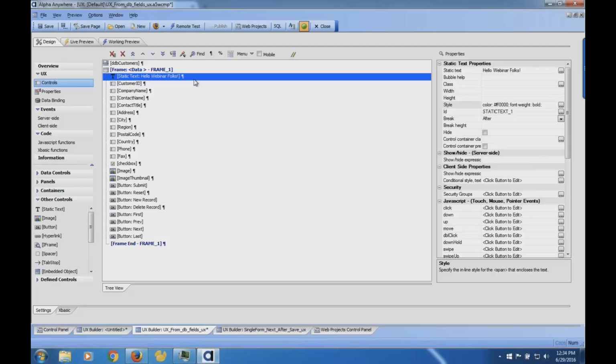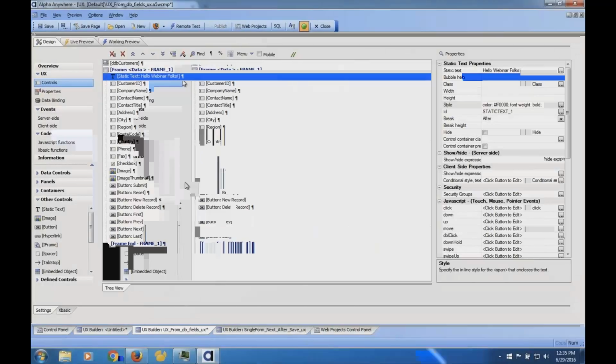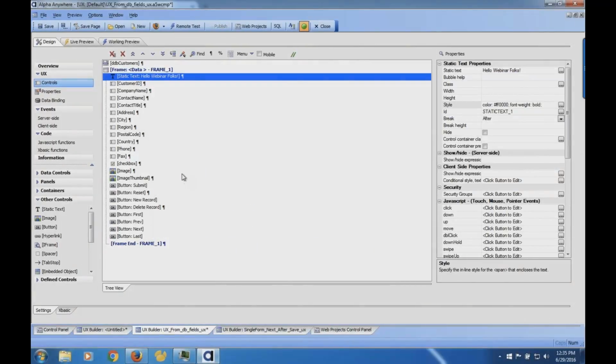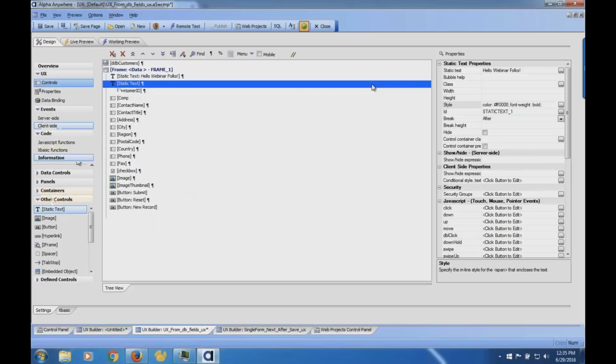So Ian, while you're on that screen, can you also show people how to do copying and pasting a particular element? Like, let's say, for example, you did decide you were going to put style into all of those text boxes. Could you show a quick, easy way to do that without having to type them in?